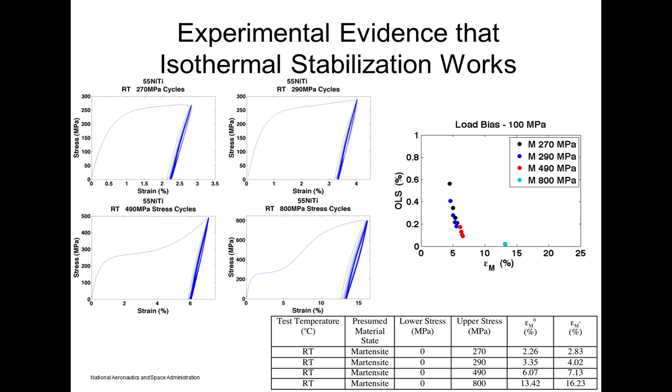And so, as they say, the proof is actually in the pudding. So this is an indication here. We're going to walk through a couple of different examples to show you that that condition actually will equally stabilize the component. So for the most readily used commercially available material for actuation, the high temperature binary 55 nickel titanium alloy,